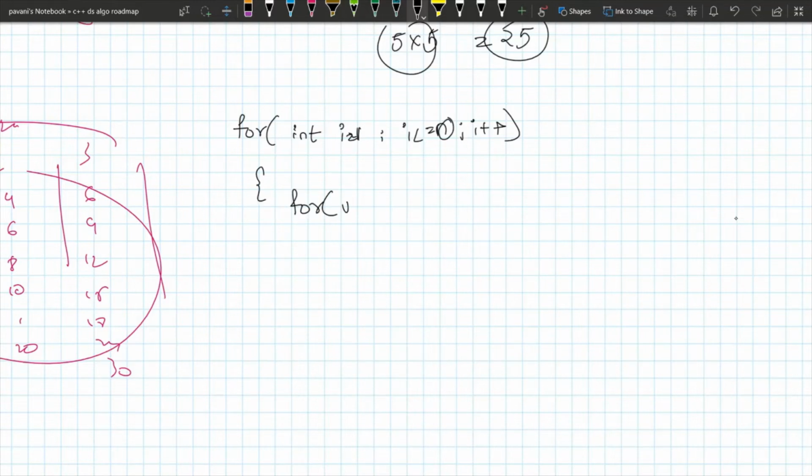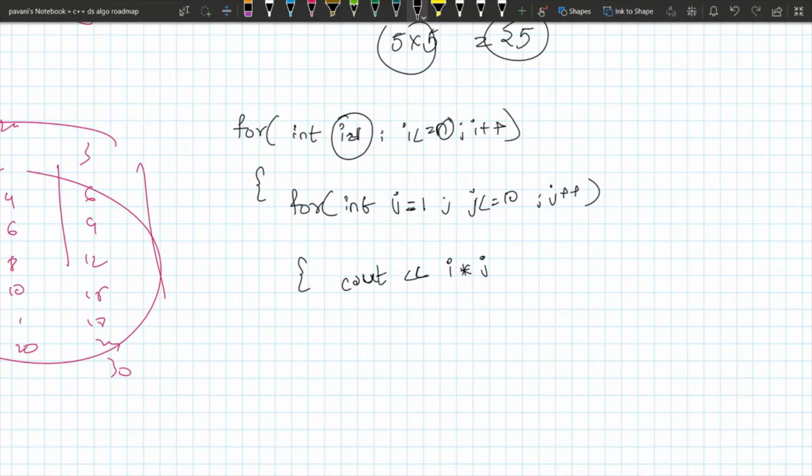For j equal to 1, int, sorry, this is a definite mistake. Writing the data type of this iterator which I have given here is extremely important, otherwise you will get an error. int j equal to 1, j less than or equal to 10, j plus plus, right? cout i into j, right?